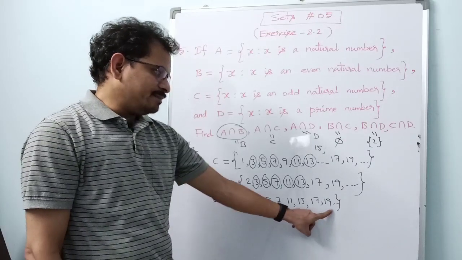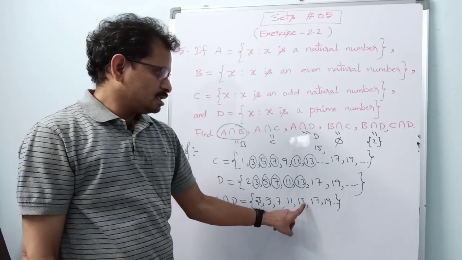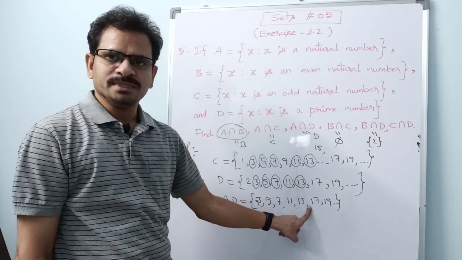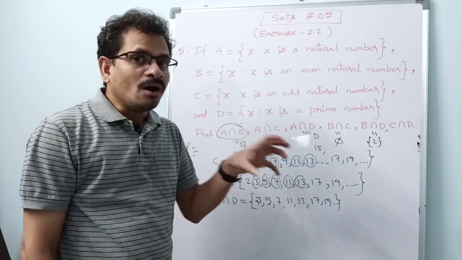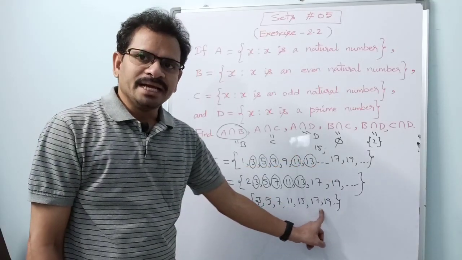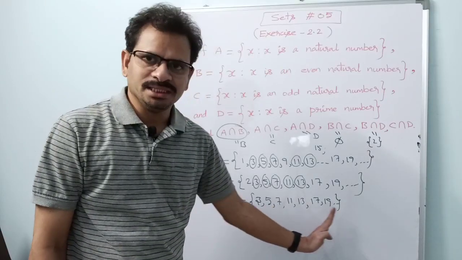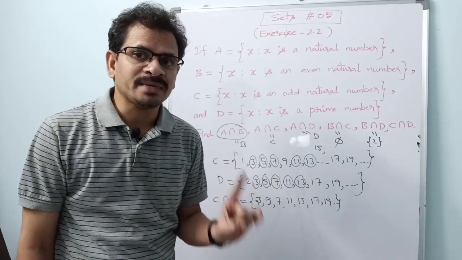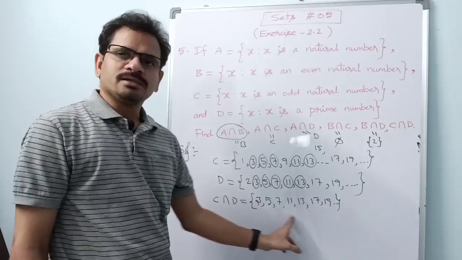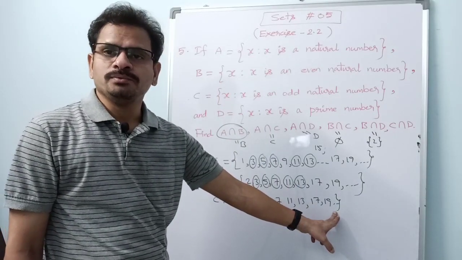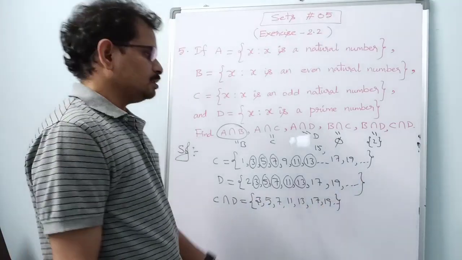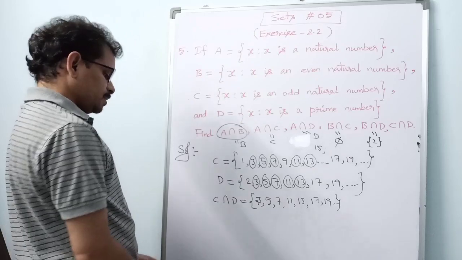All these are prime numbers. What is missing? Here between 13 and 17, 15 is missing. So some odd numbers can be missed here, but all prime numbers will come in this set, because all prime numbers are odd numbers only. This is the set of all prime numbers except 2. 2 is missing here, so all other prime numbers will be coming here.